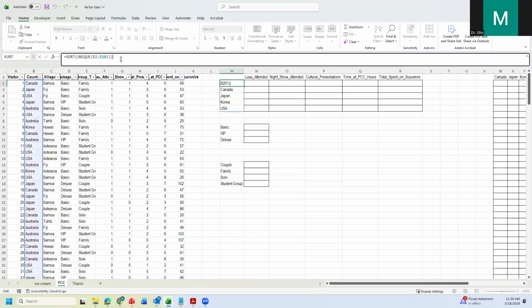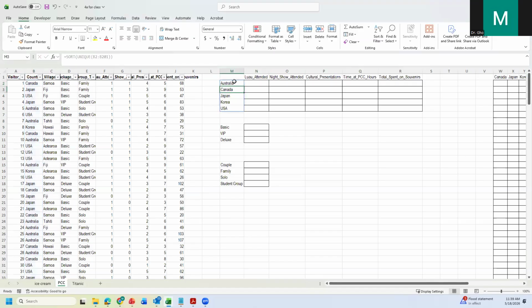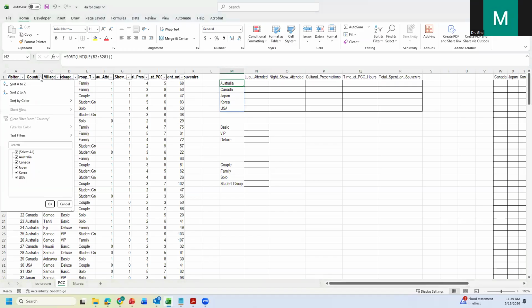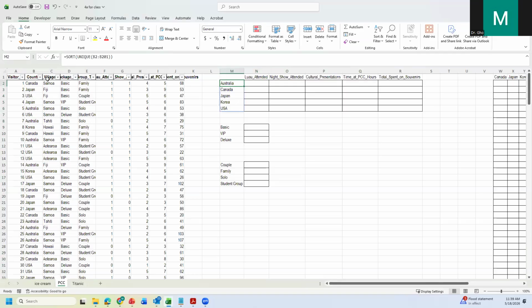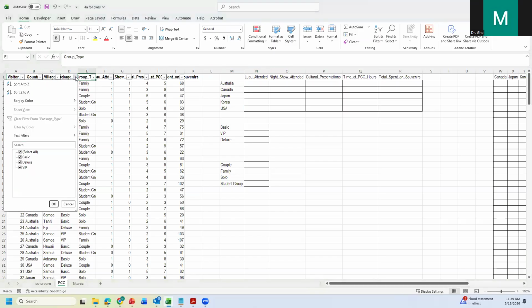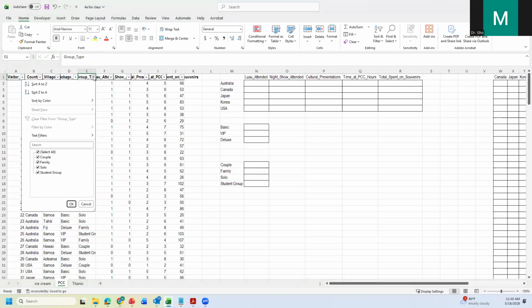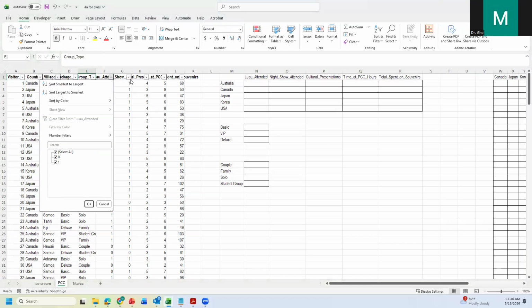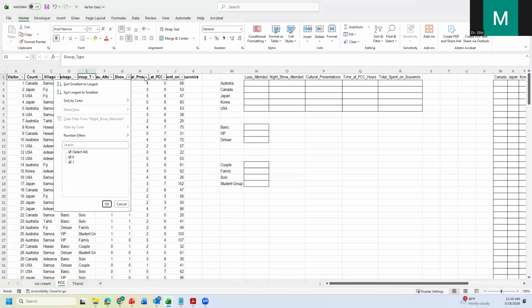I sorted by alphabetical order: Australia, Canada, Japan, Korea, USA. You can use this type of an array formula, or you can click on the little arrow if it's filtered, and you can see where all the countries are from. Which village they attended first, what package type they got: basic, deluxe, VIP. These are all the villages in the PCC. And then what type of group they might be. If they attended the luau, if they attended the show,